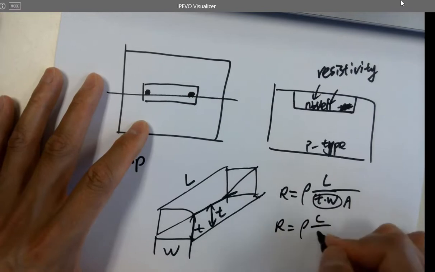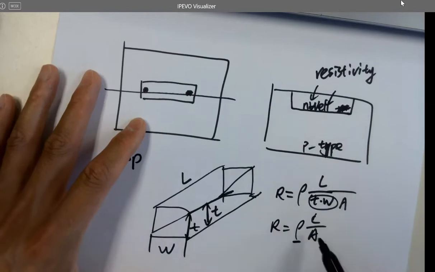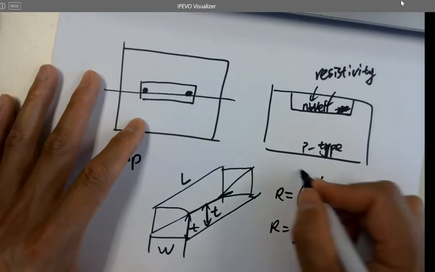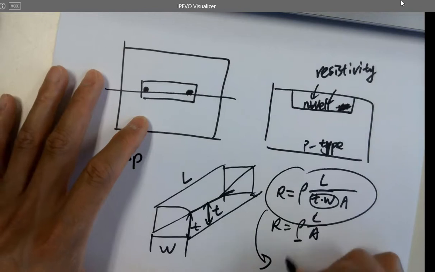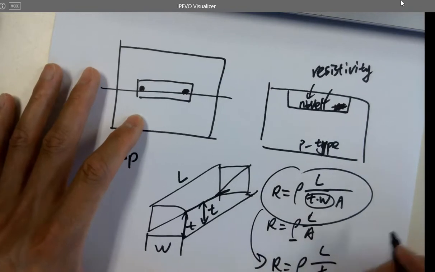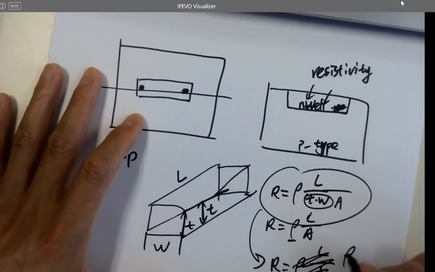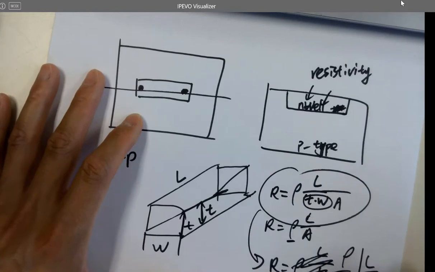You probably have learned it in physics too, right? R equals the length of the material over the cross-sectional area, times the resistivity. But if you put it in here, R also equals rho over T times L over W. And this is called the